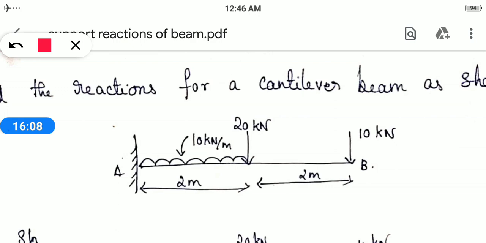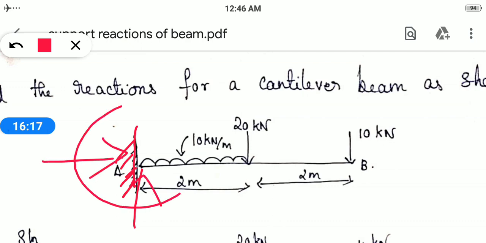Already in the previous class you can note that if it is a fixed end support, we will have a vertical reaction, a horizontal reaction plus one moment. You have to study this from the previous class videos, on how to find the reactions if they're not given in the question. Sometimes in the questions they will give them directly. In this they had not given, so you have to assume the reactions.